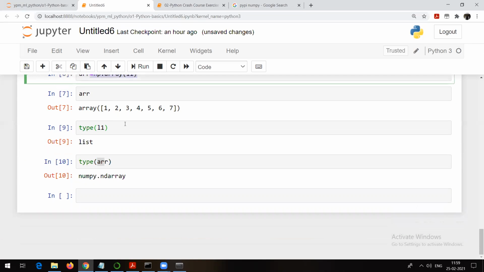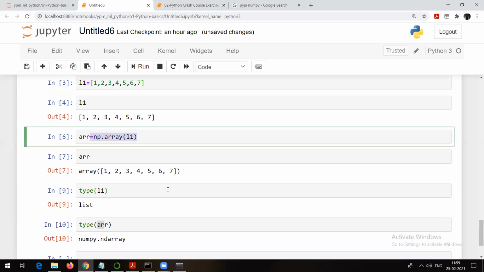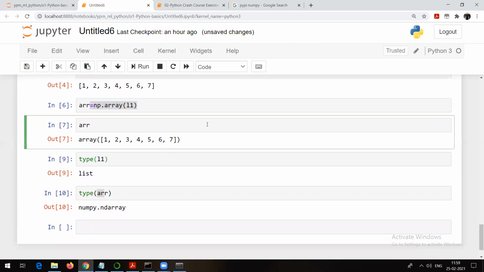I hope you have understood. As I told you, arrays are also called vectors. A vector is a one-dimensional array. Now, how to identify whether an array is one-dimensional, that is a vector, or two-dimensional, that is a matrix?